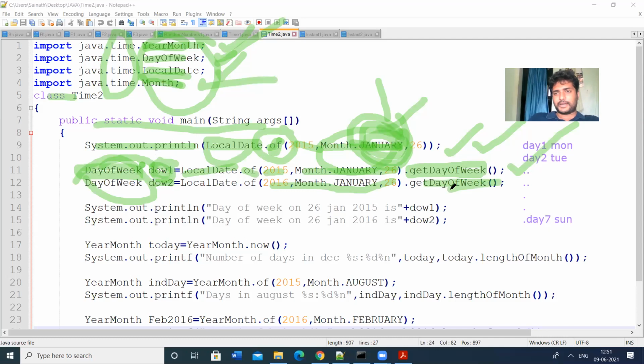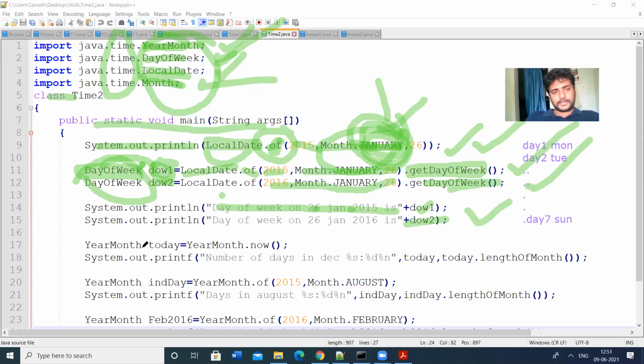What is the day? Either Monday or Tuesday or Wednesday. That can be printed here. Next, System.out.println, we are printing the day of week on 26 January is, displaying with the objects DOW1 plus DOW2. This is the output.